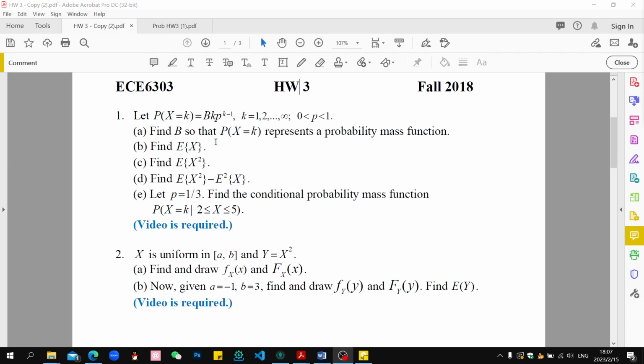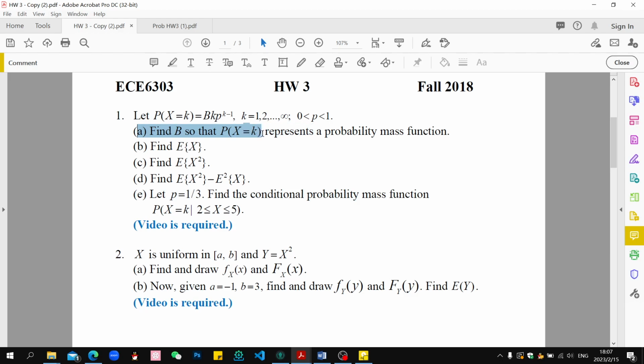This is my video for homework 3, question 1. Let p(x = k) equal b·k·p to the power of k minus 1, where k is all positive integers and p is between 0 and 1. Problem A asks us to find b so that